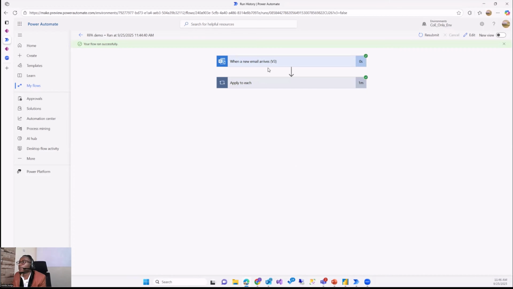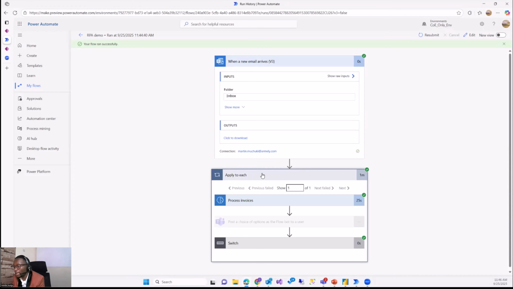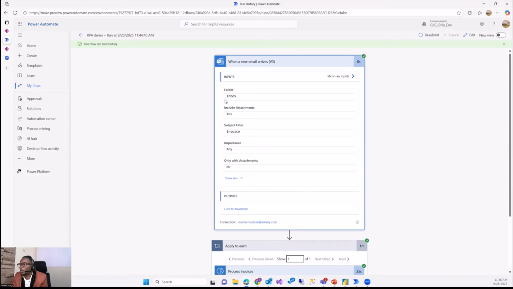All right, so here's our workflow that's running behind the scenes. We've instructed it to always check my inbox folder, and it has to check that an email contains attachments, and also so that this process does not run every time I receive an email, including a notification or just anytime anyone sends me an email.